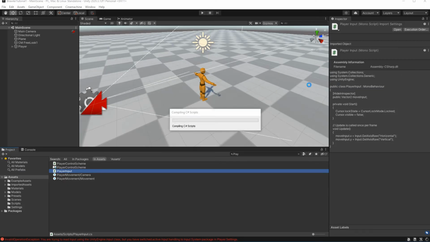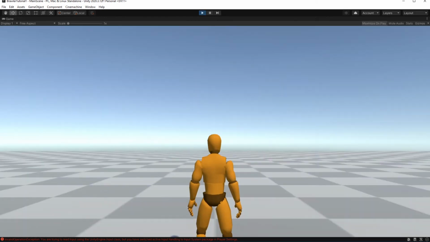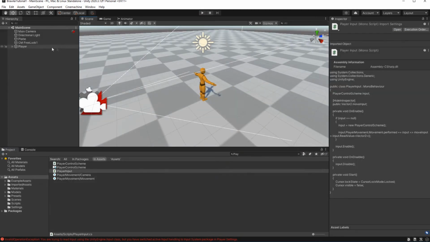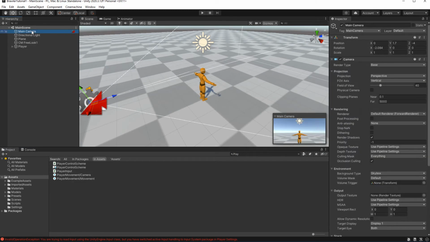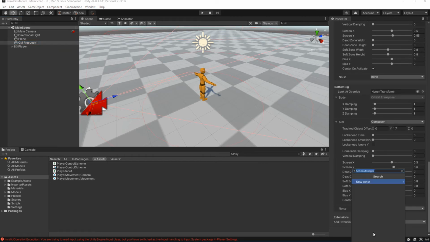And now if we launch the game, character will start moving around. Good. But the camera is still unresponsive. Adding camera controls will be much more easier. Simply select CM3Look and then add a new component called Cinemachine Input Provider.